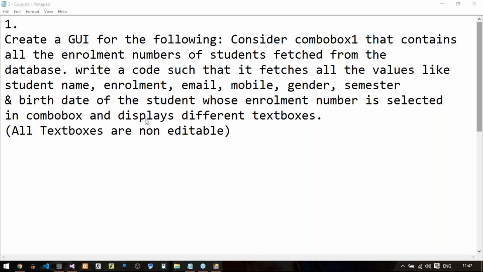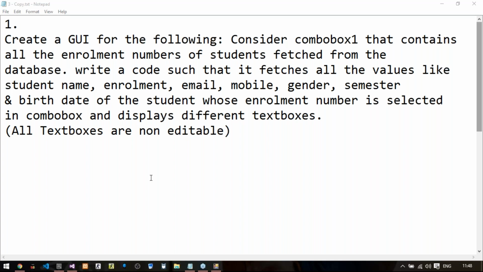Yes, can you just explain your question properly? Connection string in Form2 means? See, there is a provision in your Windows Forms application that you can provide a connection string at one place, that we call a class file, and we always use that connection string wherever it is required. But right now I'm not going into that part. I will use the connection string individually wherever I'm creating the different forms.